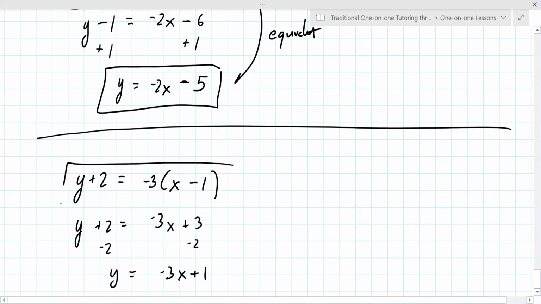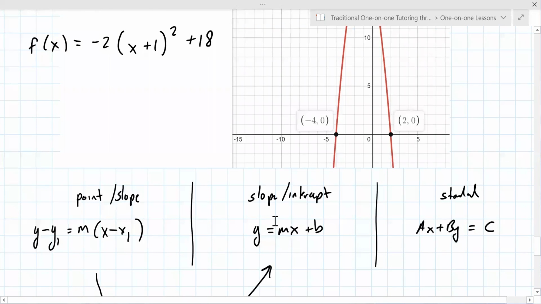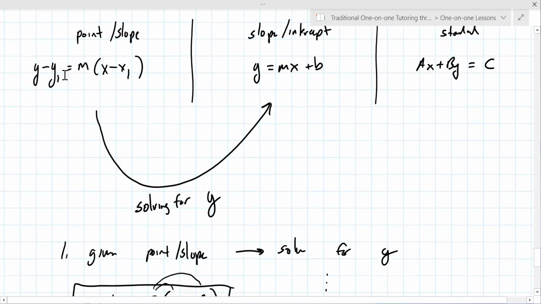Good. So this line and this line are equivalent. Is that okay so far? Yes. Okay. All right. So if I go back to kind of our starting point here, point slope, slope intercept,